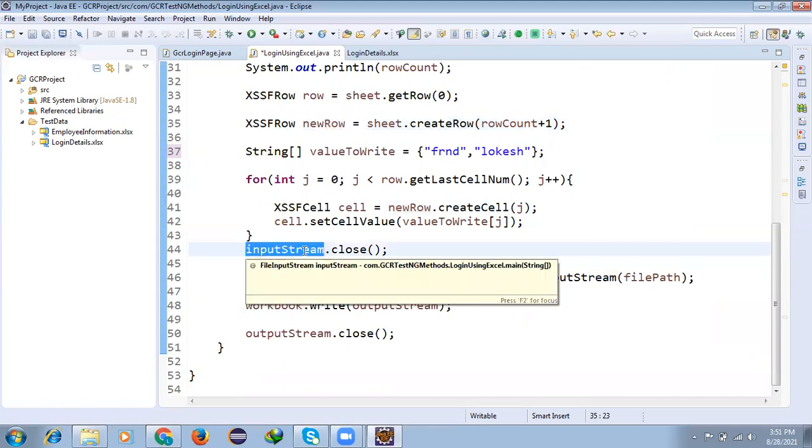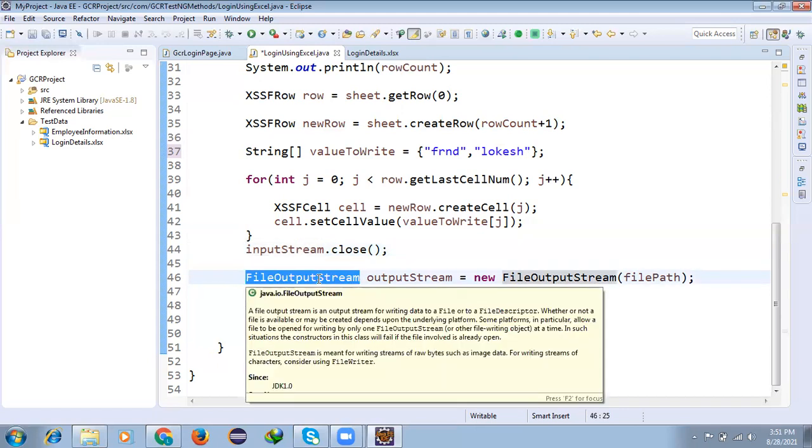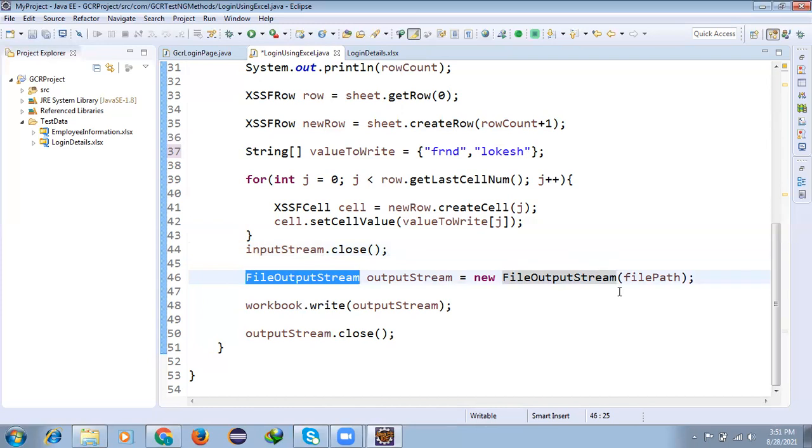Then our input stream is closed. Up to here, if you are not calling FileOutputStream, it will not store the values you already set. It will only store them temporarily, not physically. If you want to store physically, you have to write FileOutputStream, and give the file place you want to store.